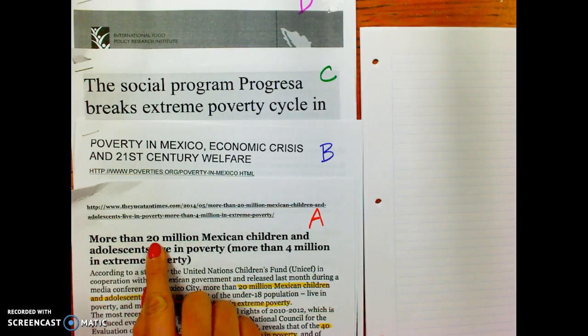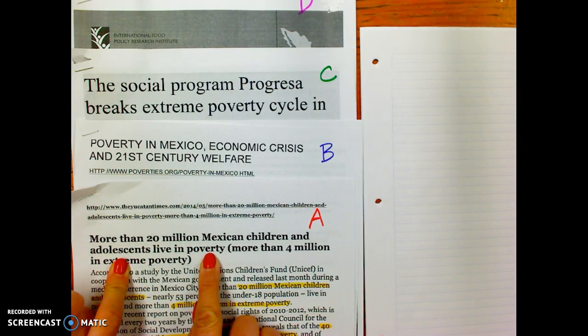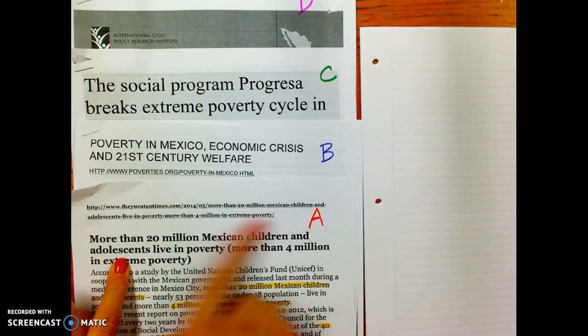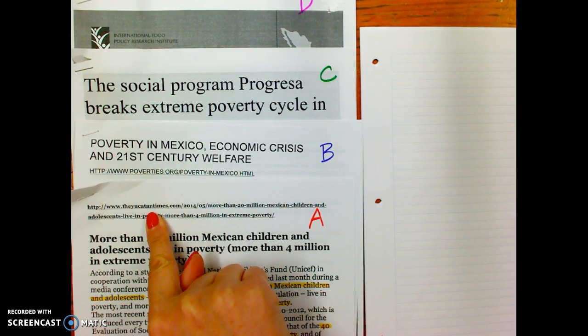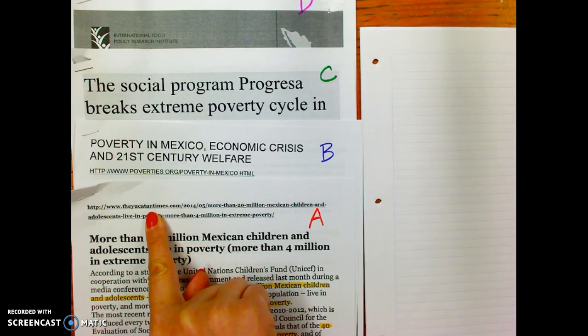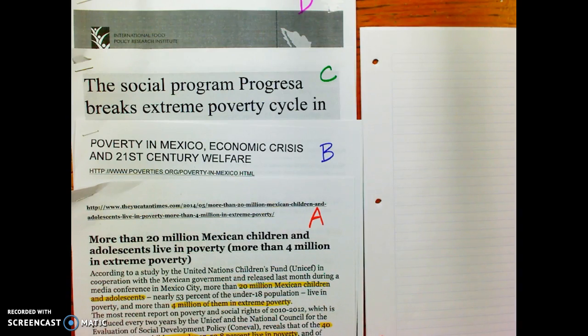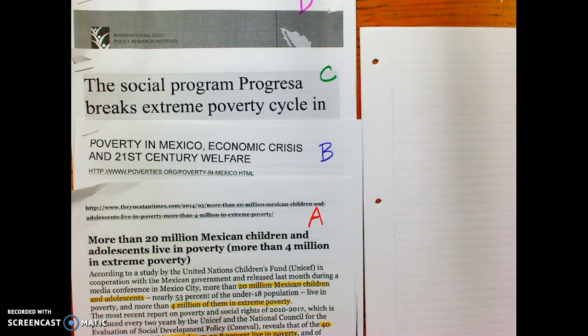If I say 20 million Mexican children and adolescents live in poverty, I know that came from Article A. If that information is written in red, I make sure I will not lose it and can keep track of all of these details. So there are various strategies you can use to take notes when you have your information